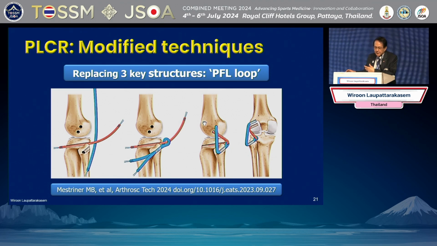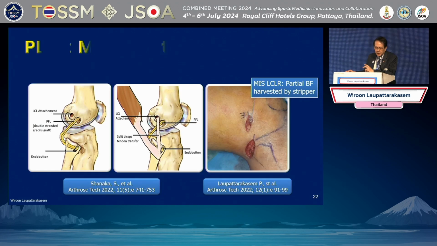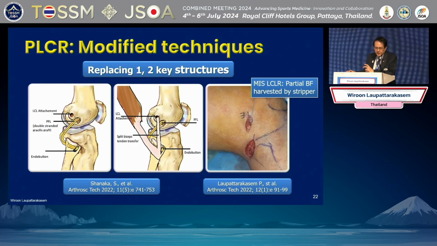This is quite similar to the natural posterolateral corner. And some of them will replace the fibular-based plus part of the biceps tendon. Others have proposed a minimally invasive LCL reconstruction using a partial biceps tendon harvested by a stripper to replace the